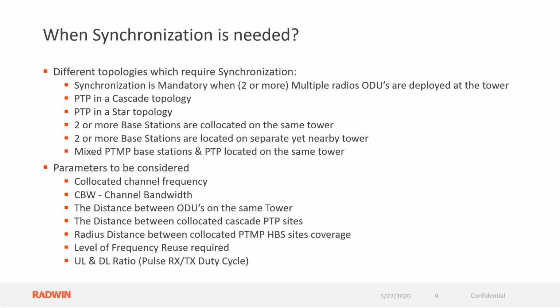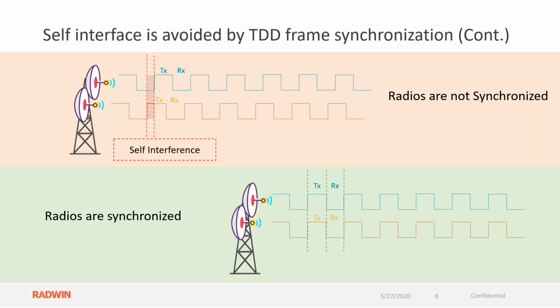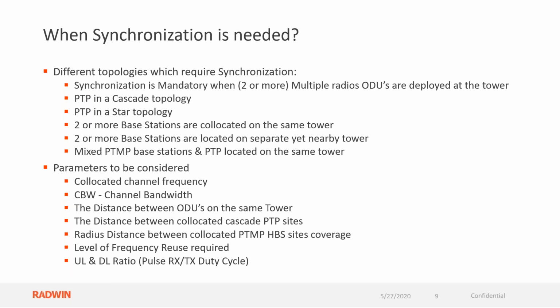Now, if you remember, if you go backward, this is a clock, actually. You can see the TX duty cycle and the RX duty cycle. It can be 50-50, it can be 80-20. You can control the duty cycle of the clock and the timing of the clock. It means that once we change the duty cycle and the rhythm of the TX and the RX, we can easily change and impact the uplink and downlink ratio. And that is why